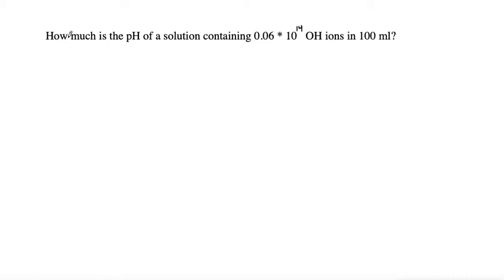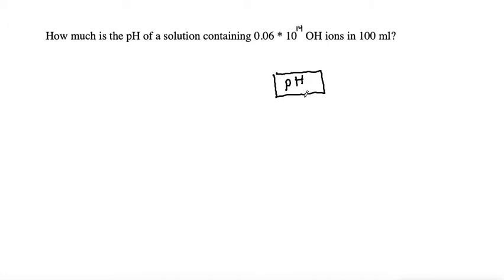So this problem says: how much is the pH of a solution containing 0.06 times 10 to the 14 OH⁻ ions in 100 milliliters? When you're dealing with pH and concentration of ions, or molarity of your H⁺ or your OH⁻ ions, just in general, I like to use a little map